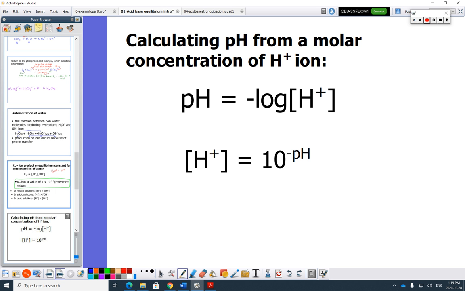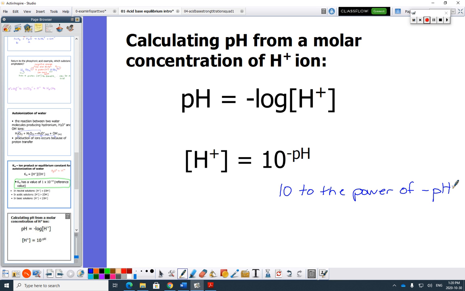Logs, the common log it's called, has a base of 10. So to do the inverse operation, it's actually 10 to the power of negative pH. If you look at your calculator, it says log, and then above it says 10 to the x, because that's the inverse of log. So you can use that button to help you. So the calculations themselves are not that difficult. It's really more that you know how to use your calculator, okay? So when you do these questions, if you need me to show you, I most certainly can. Okay, and then